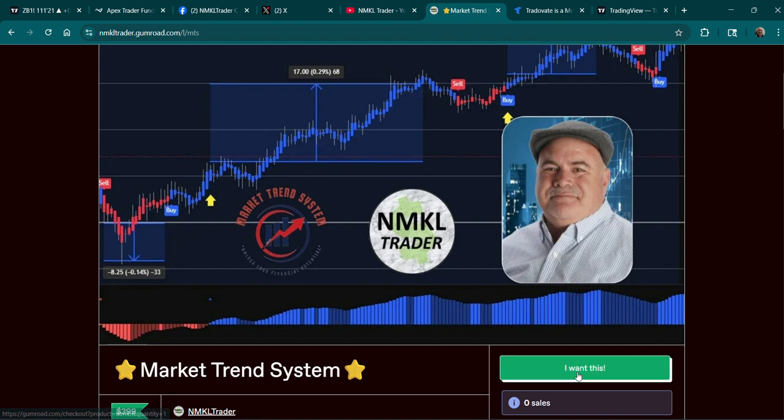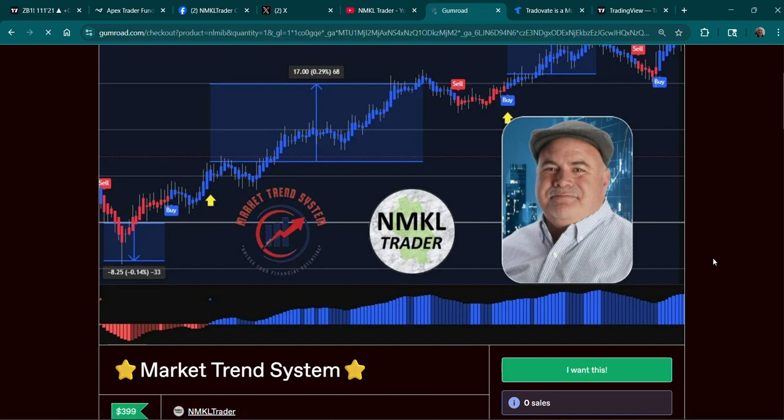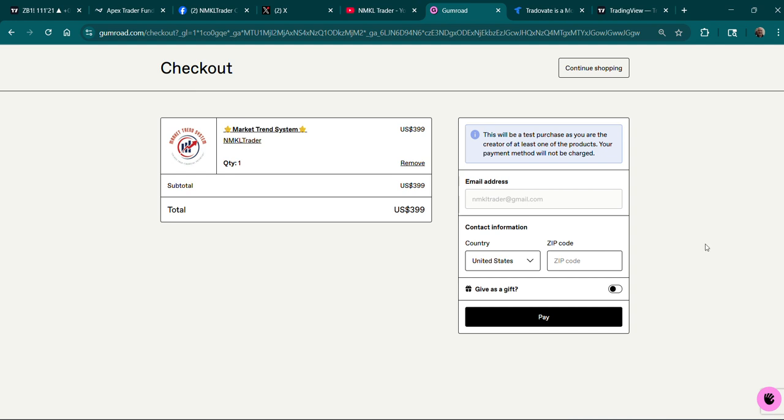So let's say you do purchase a system. You click on this "I want this," and it takes you to a page where you can purchase this. Okay. Now this goes through the website here. It's a secure checkout. Don't worry. And then what I'm going to do is go ahead, and because I'm the owner of it, it'll give me a test purchase. I want you to see what you're going to get, basically. Does that make sense? I want to show you transparency. All right. So then you basically hit the pay button. It processes, and it should take you right to what's available.